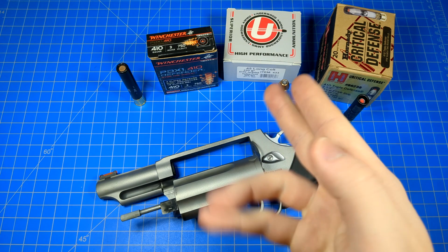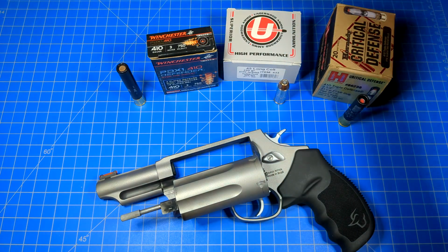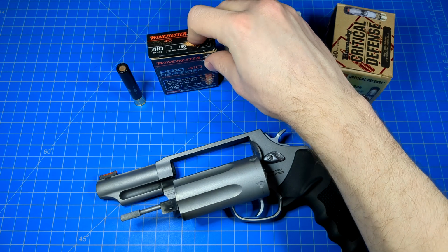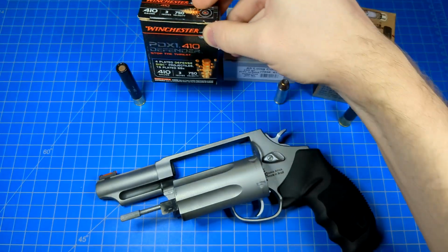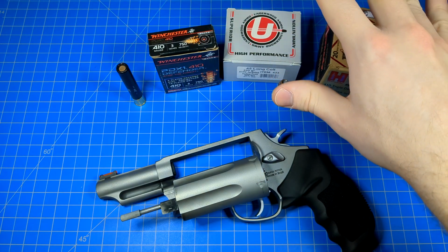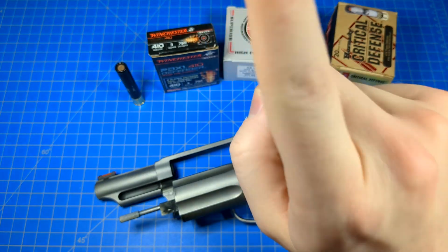Yeah, successfully stop the threat, but then what if 5 of those BBs veer off and hit somebody else in one of the other aisles that you didn't intend to hit? No, you're not going to kill them with those things, but you're going to get in a lot of trouble. That's your responsibility. So I would not recommend these for defense in heavily populated areas, but I recommend them the most